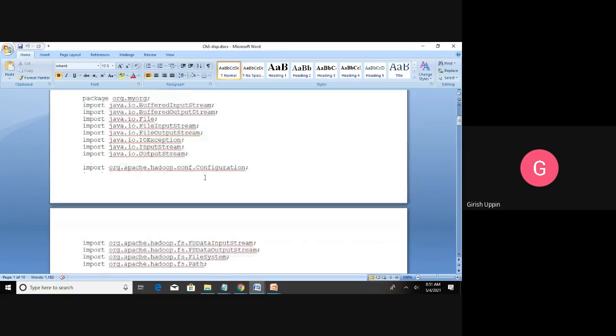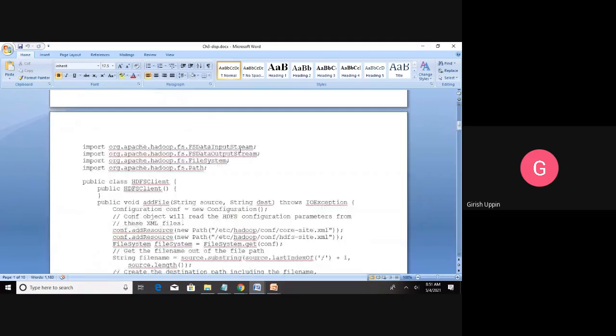Then we are importing from org.apache.hadoop.conf. This is the Configuration class we are importing. Then other things that are imported are from org.apache.hadoop.fs: FSDataInputStream, FSDataOutputStream, FileSystem, and Path. So once you have these, those will be used inside your Java class.